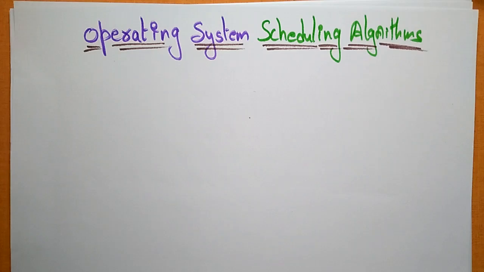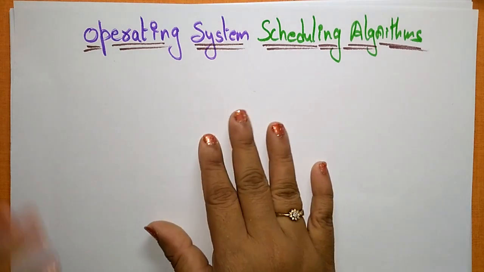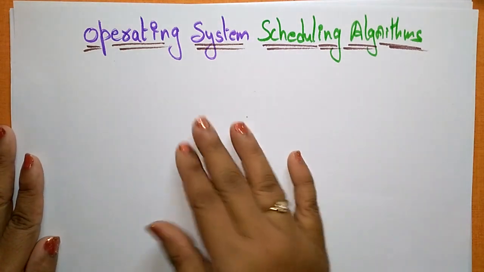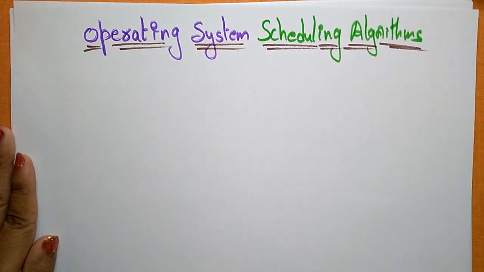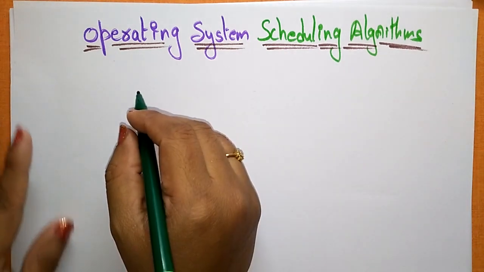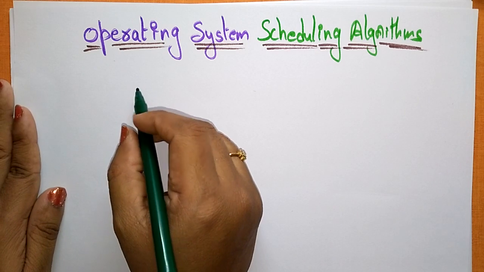Hi students, now let us see the different scheduling algorithms that are present in the operating system. The operating system is designed by using some different scheduling algorithms. Based on the user's request, that scheduling algorithm will be used. The different types of scheduling algorithms present in the operating system are